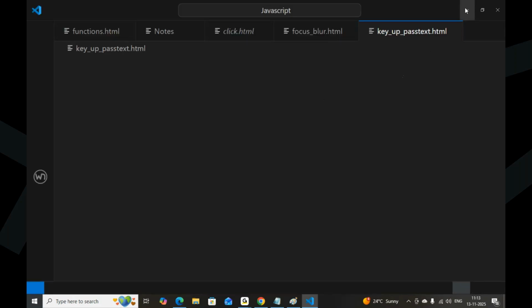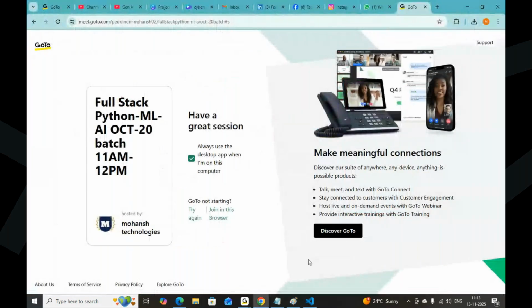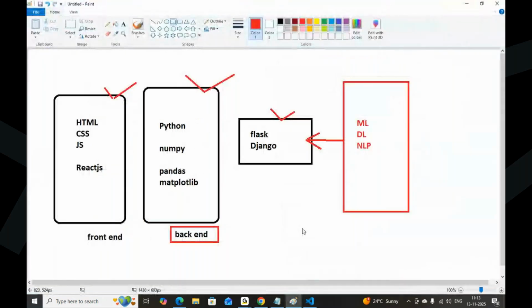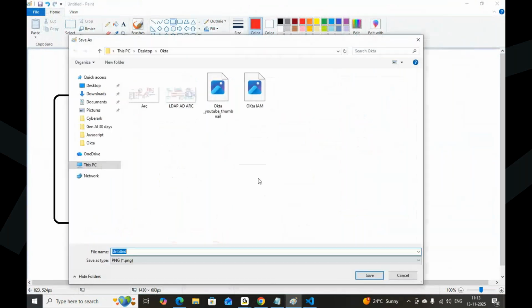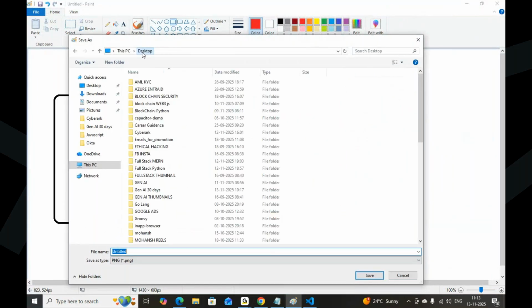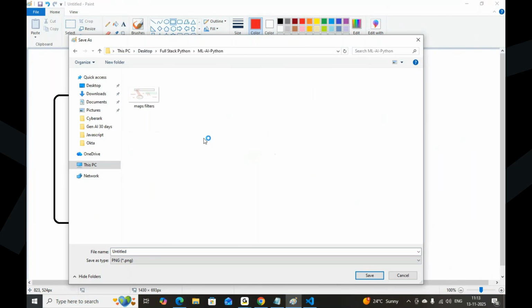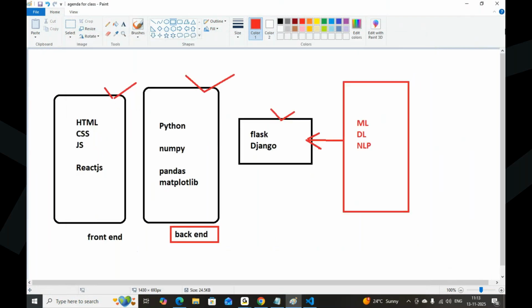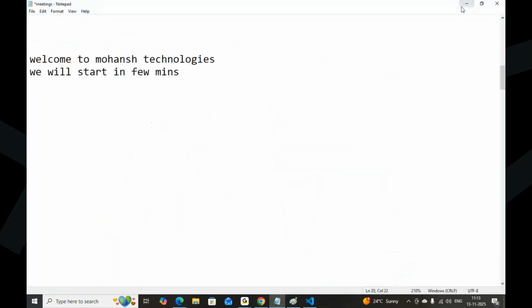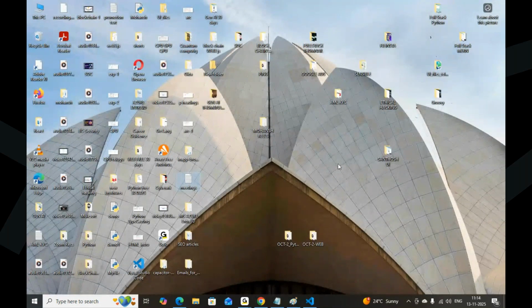Now I need to create some folders. Just wait, I will save the diagram. This is the diagram, this is the agenda. Let me go. Here, ML AI Python. This will be the agenda for class. Here only I want to create one new folder.